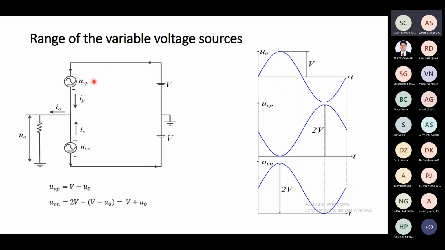So whatever power has to be handled or supplied to the load, it is not coming from these ideal fixed DC sources. It is coming from these variable ideal sources denoted as UVP and UVN. Because this current is actually AC current, and that is causing these two sources to supply. Or had this been implemented with a capacitor, then those capacitors would have been discharged.